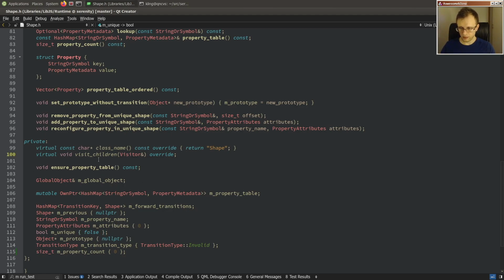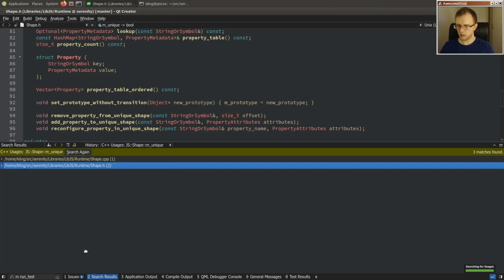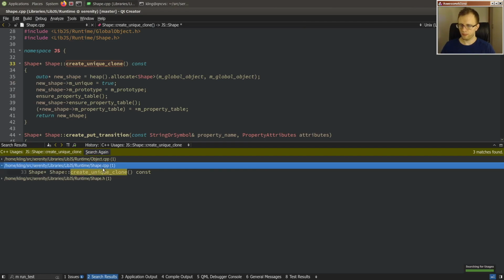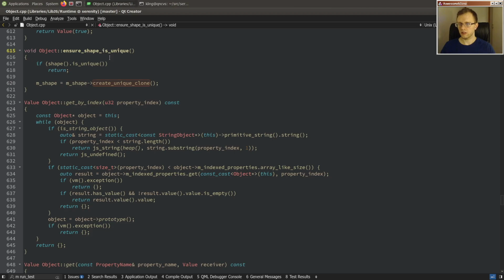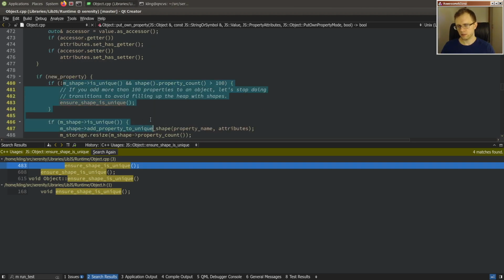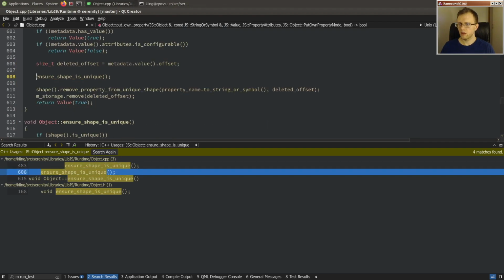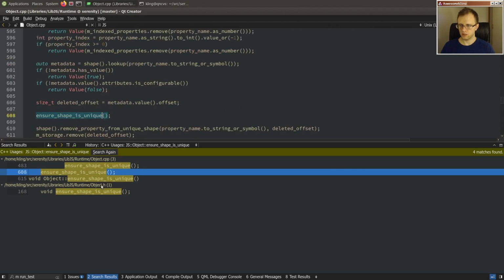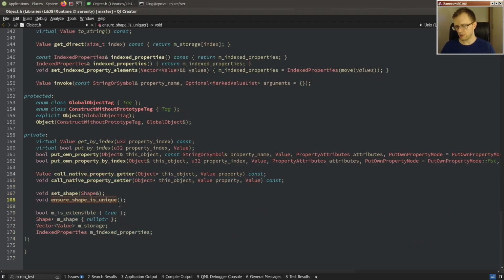And so that's probably why we were seeing the property count 0, because we made a unique object for some reason. So when do we set unique? Create unique clone. And this would happen when you call ensure shape is unique, which we call in a few cases. For example, when you have more than 100 properties on an object, we stop doing transitions. We just make it into a hash map, basically. And likewise, when you delete something, we also make the shape unique. And so yeah, that's basically a way to disable shape sharing, and it will exclude this object or this shape from participating in certain optimizations, but it tends to be favorable compared to trying to maintain a sane reality in the face of disappearing properties. Anyway,